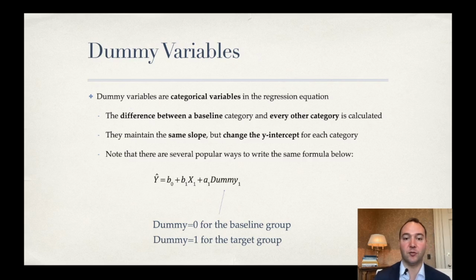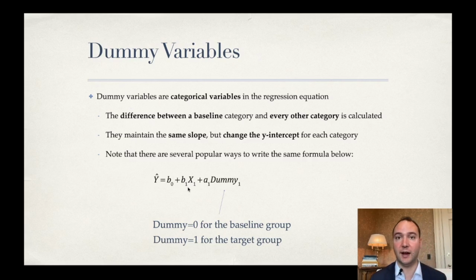Note that there are several popular ways to write the same formula below. Sometimes A is used, sometimes alpha, sometimes D is used for dummy, okay? But the equation looks as follows. We have our original regression equation, and now we're adding one more piece of information, which is a treatment group or a dummy variable, categories. We have 2 categories in this data. What are they? We have Western